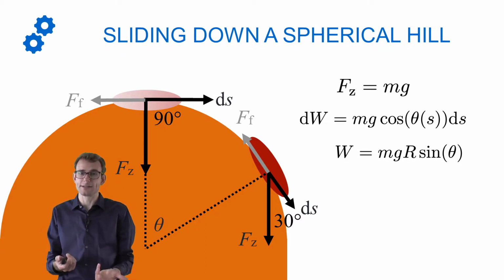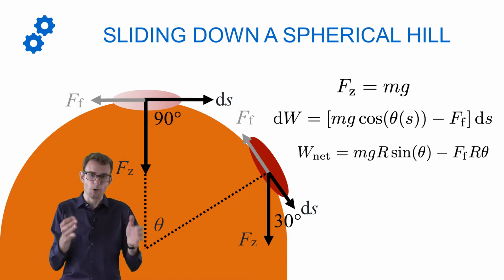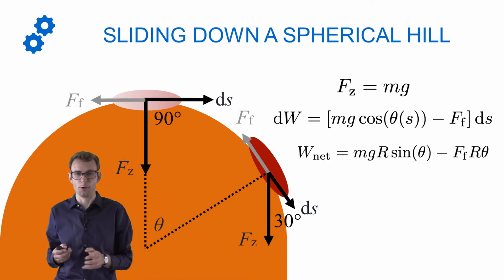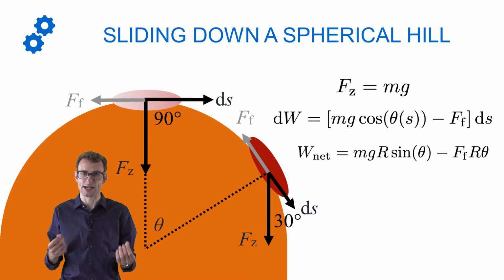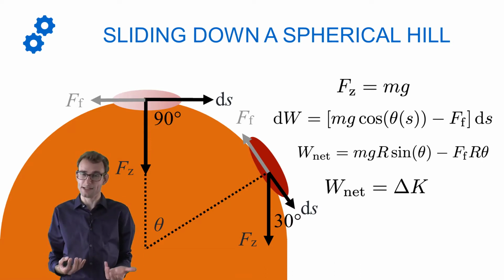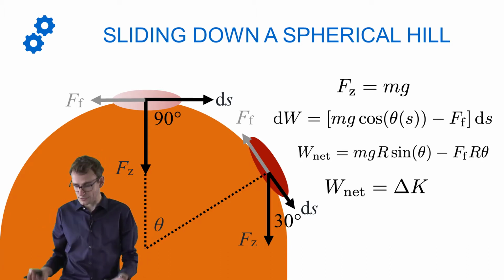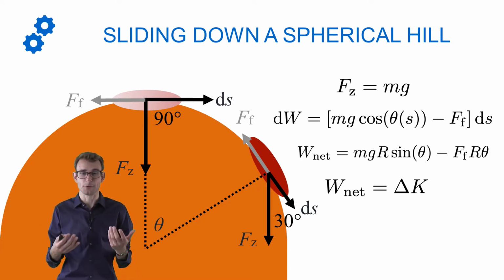So we can include that in our expressions and get a net amount of work, that's the work done by gravity minus the work that would be done by friction. And that's the amount of work that gives you the change in kinetic energy. And by applying this concept, you can actually include friction in your calculations pretty easily and find out how much work is done by friction and how fast, for instance, this block was moving when it was falling down from the ball.